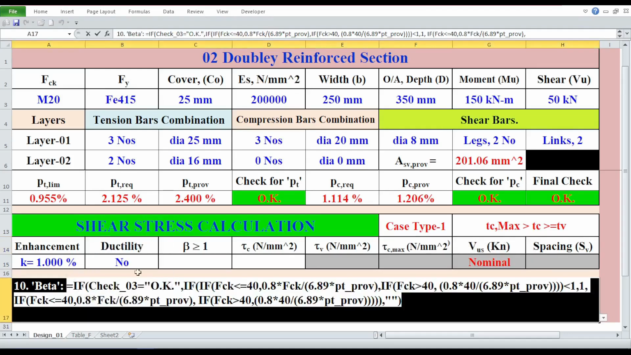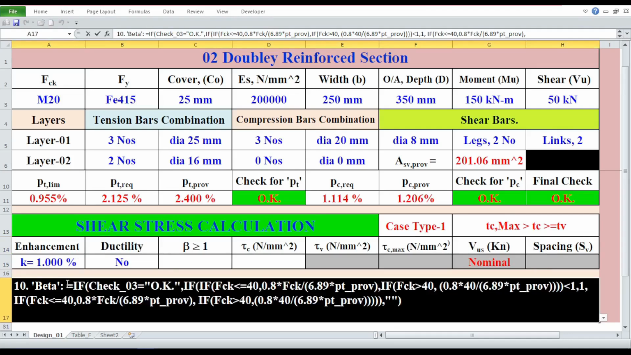Task number 10, now, let's look at beta. The formula for beta is equals if, open parenthesis, check underscore 03 equals to, within quotation, OK comma, if, open parenthesis, if, open parenthesis, FCK less than or equal to 40, comma, 0.8 multiplied by FCK divided by open parenthesis, 6.89 multiplied by PT underscore PROV, close parenthesis, comma, if, open parenthesis, FCK greater than 40, comma, open parenthesis, 0.8